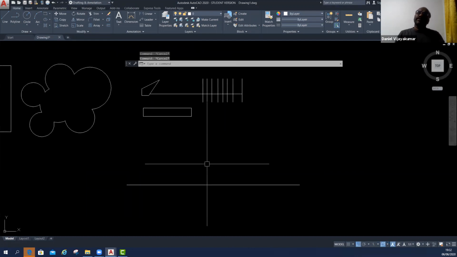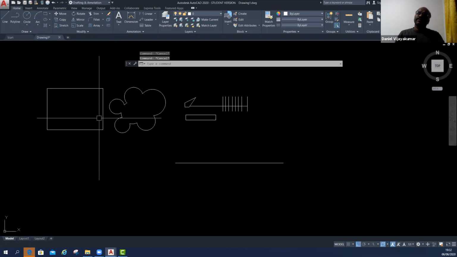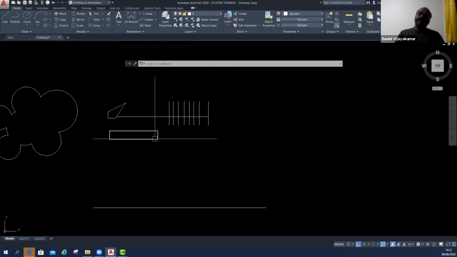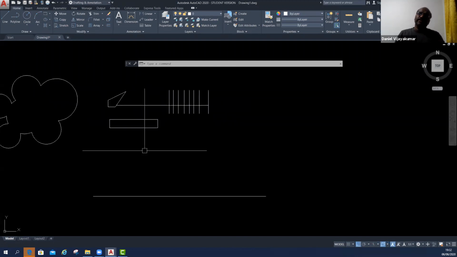The commands today we have seen are trim, stretch, extend, and the next command is scale. Whatever object you have,